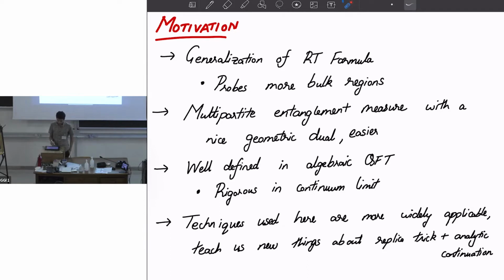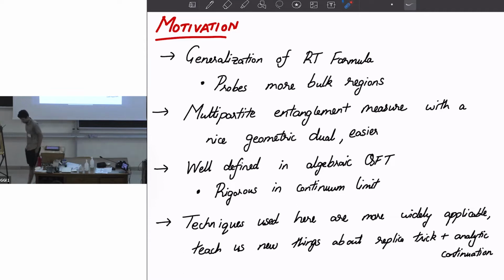It's a particularly nice multi-party entanglement measure. It's an easy thing to compute, and it so happens to have a nice geometric dual. Typically, entanglement measures are pretty complicated. The quantum information community struggles with this a lot. Even classifying tripartite entanglement for three qubits was a big deal. So it's clearly a hard problem. And so it's useful when we can use geometry to learn something about entanglement and vice versa. And so that's part of the motivation here, to extract some useful entanglement measures, which are the relevant ones in this understanding of geometry from entanglement.